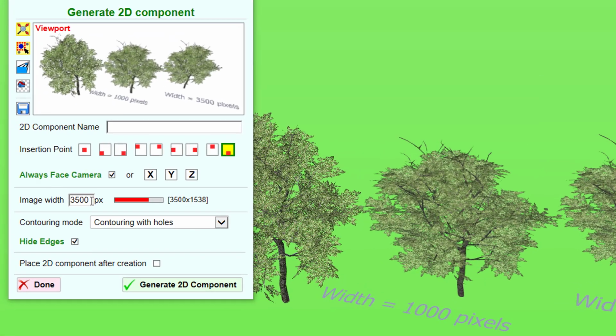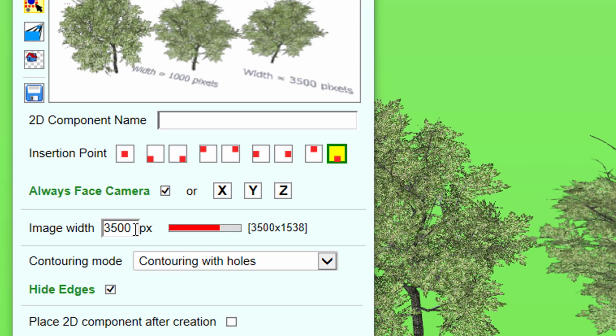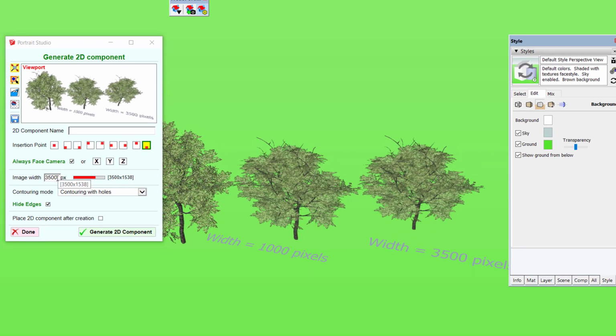The width of the image, that is the resolution for the contouring, is given in pixels. This value can go up to 6,000 pixels, so well beyond the resolution of the screen in general. However, you have to be aware that the time for computing the contouring is exponential with the size of the image. And very often you don't see the difference, so it's not worth increasing this value unless it is absolutely necessary.